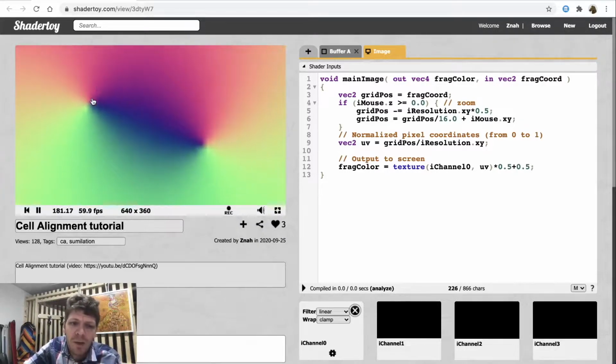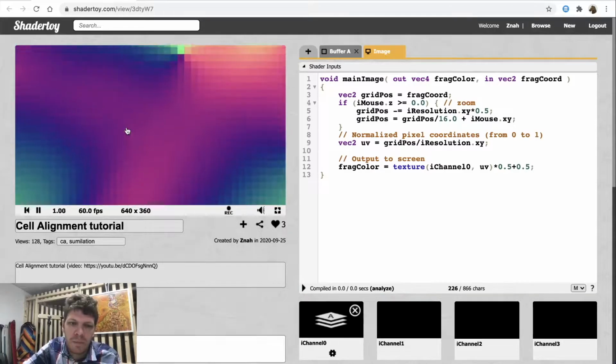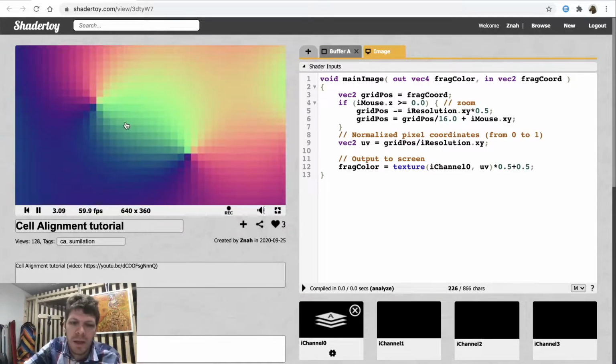Actually, I'd like to explore the states of individual pixels of our model, so I'd prefer to use nearest neighbor interpolation. You can do this by clicking the settings button and changing the parameters of the particular sampler. And now we can see individual